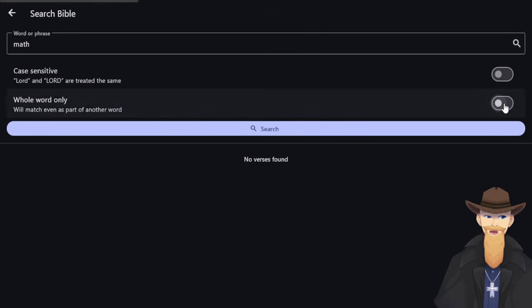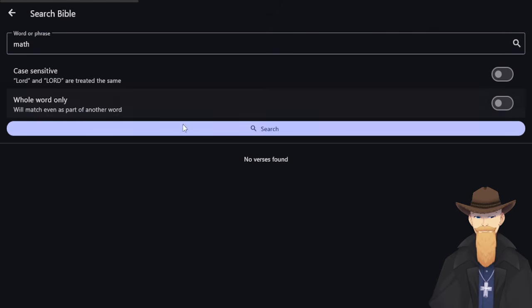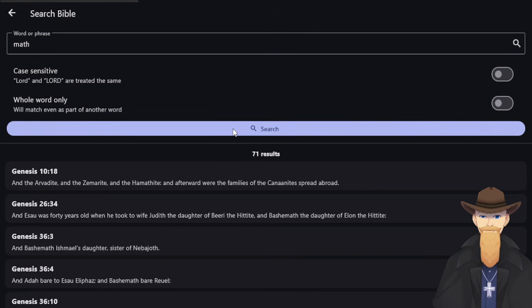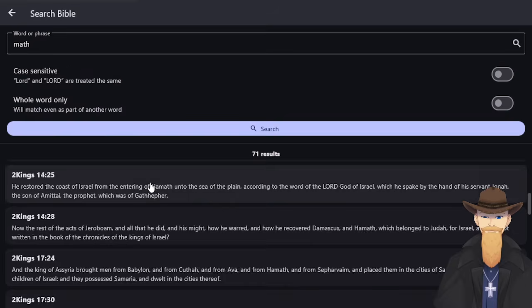And then I click this, will match even as part of another word. I'm looking for Matthew. And then I do this. And right here, it's part of this word. So it pulled up